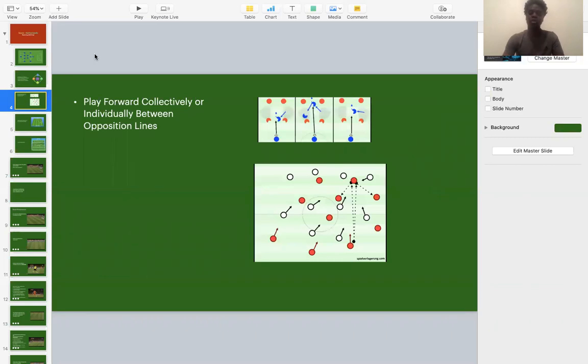Next one up, play forward collectively or individually between the lines. All right, so these are both examples of what? Get a chance to guess now. These two images here, are they collective or individual? Pause if you need more time to think. The answer is collective. All right, collective is simply put basically when you have more than one player involved in